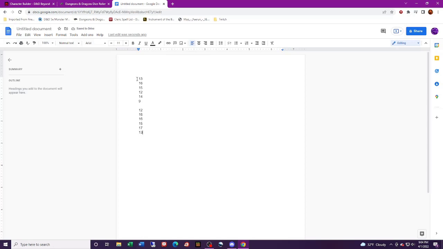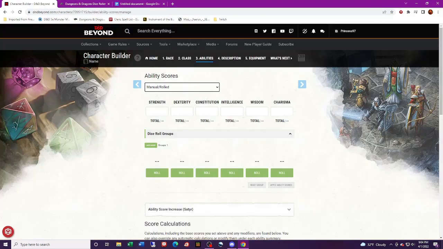So then I compare the two. See which one I think is overall better. I personally like the looks of this one better. I really don't like having a single digit. If I had like an 18, that might be different. But I think this outcome was better than this one overall. So I'm going to go with these numbers and then choose where I want to put them